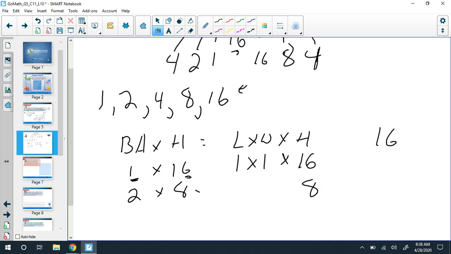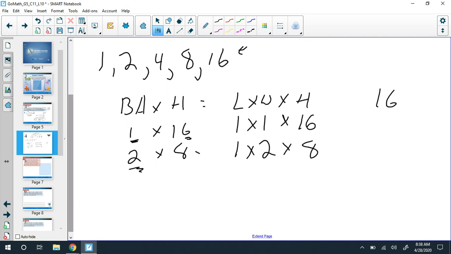My height again was set at 8. My base area is 2. So what numbers can I multiply together to equal 2? 1 times 2 equals 2, and 2 times 8 equals 16. If my height is 4, my base area has to be 4 as well, because 4 times 4 equals 16. So I'm going to come over here to my length, width, height chart,